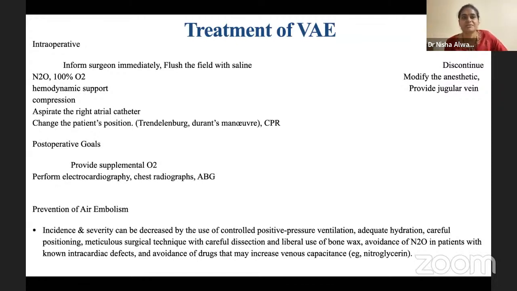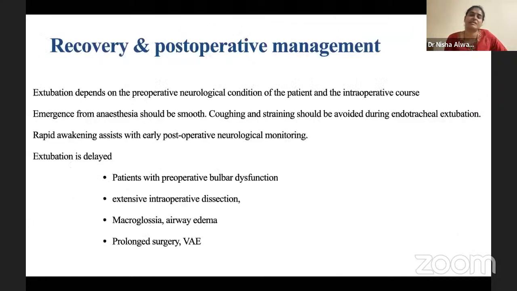We have to discontinue the nitrous oxide, 100% oxygen, and one has to modify the anesthetic in the form of decreasing it should it be required because of the hypotension and cardiovascular support. And should the patient collapse, immediate CPR. Sometimes the bolus of the air can be literally broken down with the CPR. Post-operatively, repeated ABGs might be required and also ECG. Sometimes the EtCO2 gets corrected and we can maintain the scenario in that way.